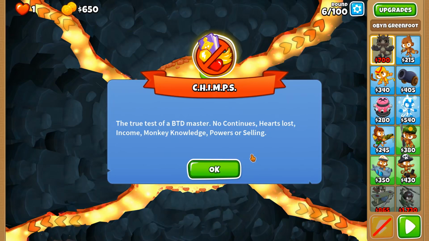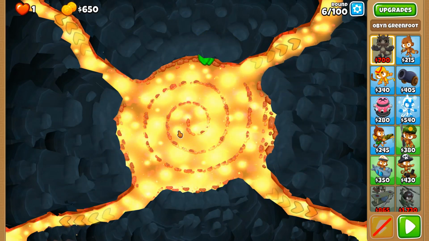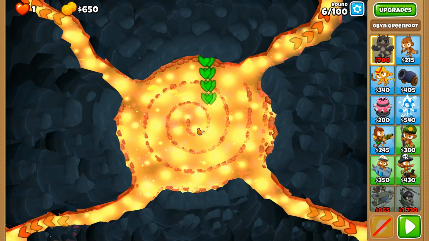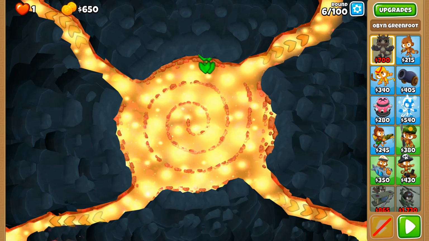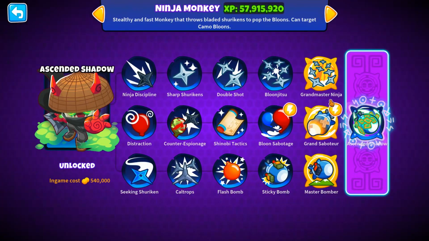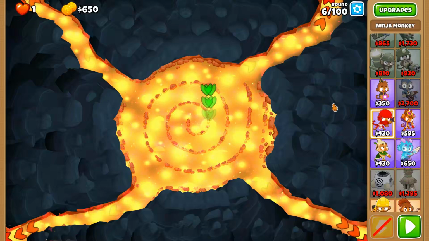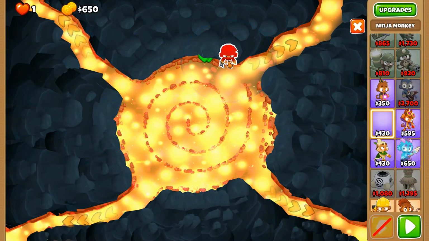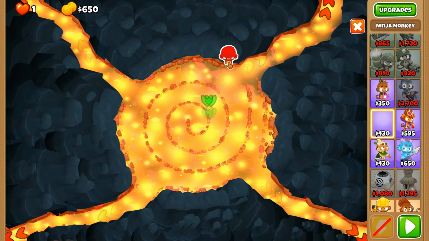When you think of Mount Magma, this looks like a really friendly map for, let's say, a mortar monkey. Just have it in the middle here and it just takes care of, well, pretty much nearly everything. But no, not today. I am thinking of a Shinobi army with the Master Bomber and the Grandmaster Ninja in tow. So let's crack on with this and see if we can venture out successfully out of the other side of this